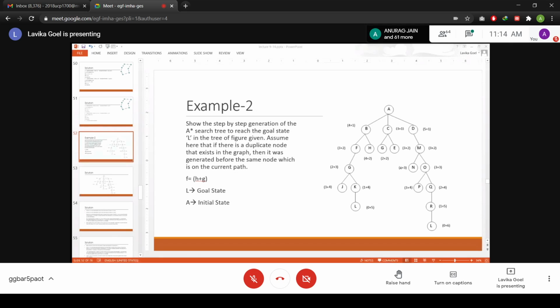So basically, students, G value is nothing but the cost of getting from the initial node up till the current node. So basically, in general terminology, the number of levels that you have traversed, that is nothing but the G value. Okay, so from the initial node, whatever number of levels of the tree, or the number of edges basically, that you have traversed to get to the current node, that will become your G value, right? In the general terms.